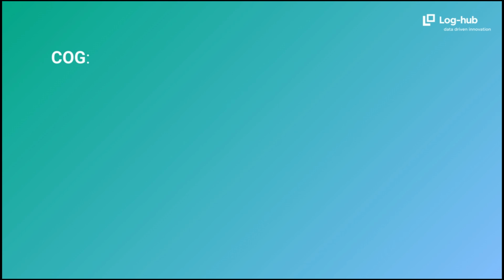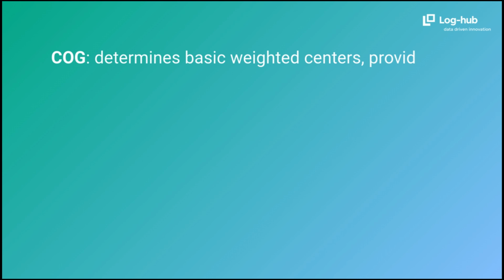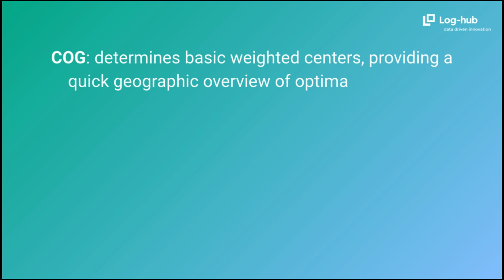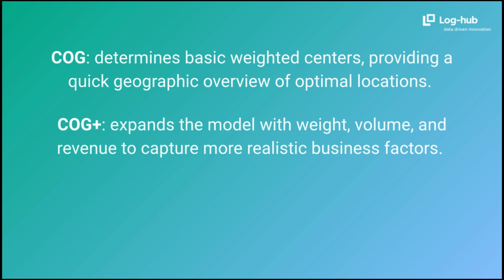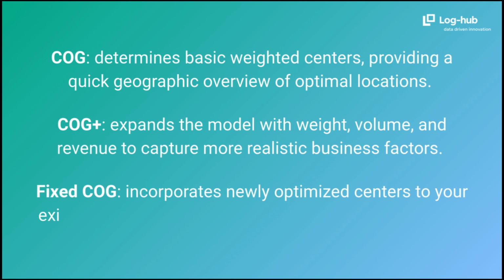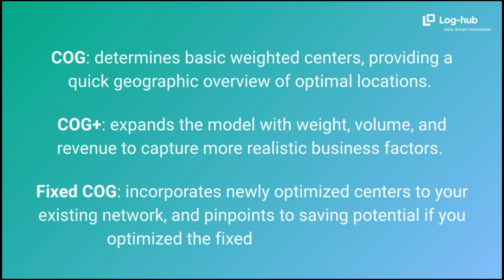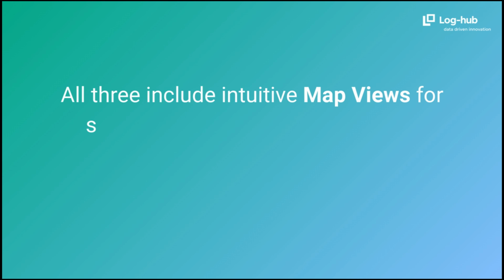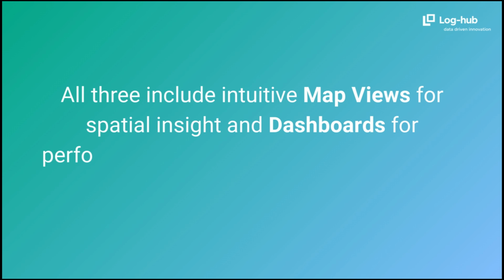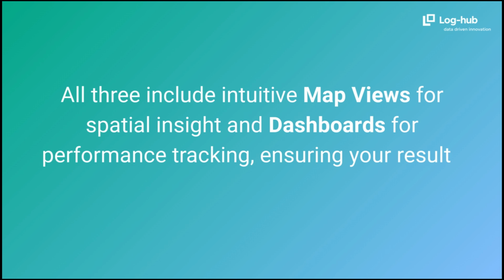To recap, COG determines basic weighted centers, providing a quick geographic overview of optimal locations. COG Plus expands the model with weight, volume, and revenue to capture more realistic business factors. Fixed COG incorporates newly optimized centers to your existing network and pinpoints to saving potential if you optimize the fixed centers' locations. All three include intuitive map views for spatial insight and dashboards for performance tracking, ensuring your results are